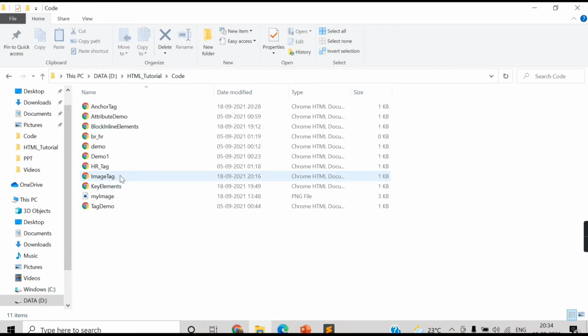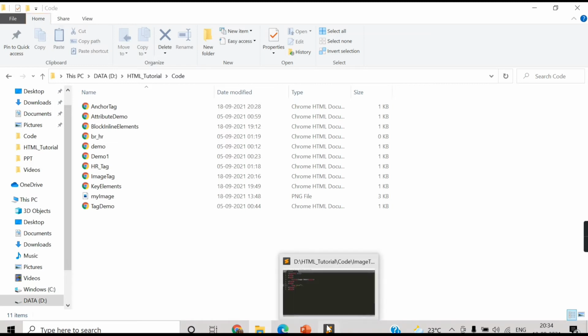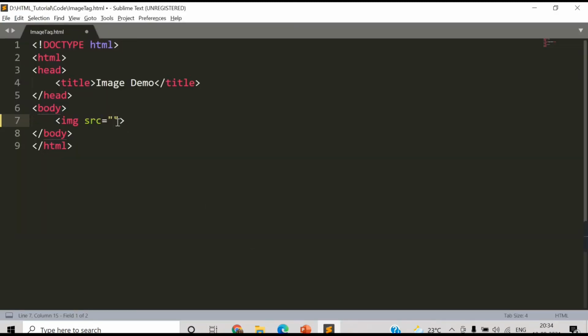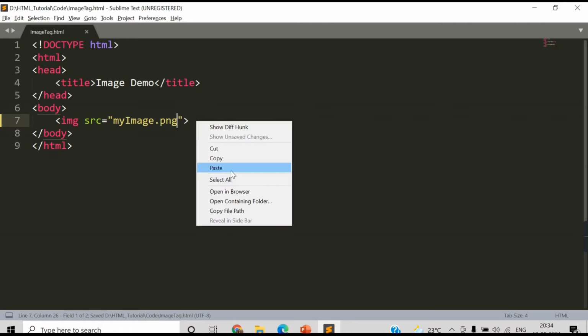So this is my image tag file and I have my image.png file. I want to display this. As both are in the same location, I can just use the name of that file, my image.png. If your image is in another folder, you can provide the entire address so that image can be displayed. Let's save this and run on browser.